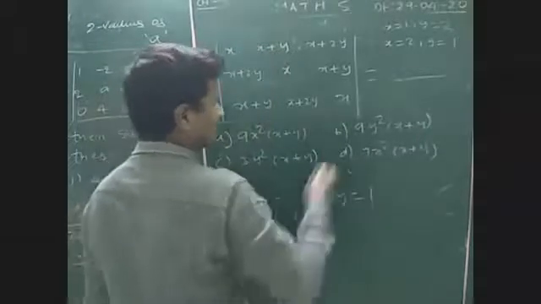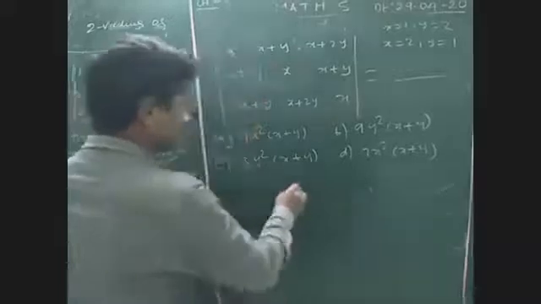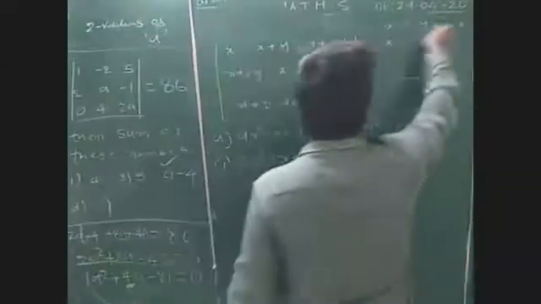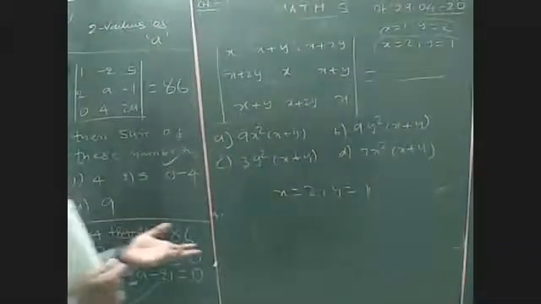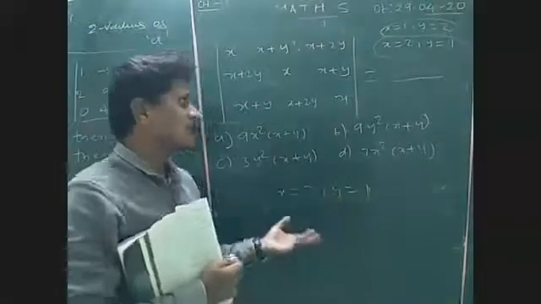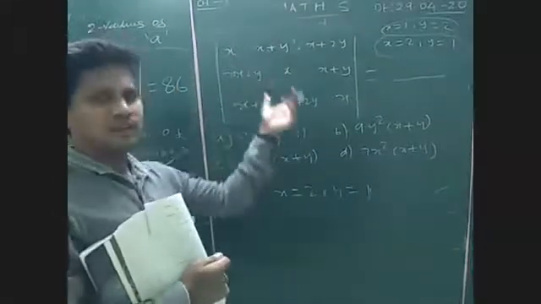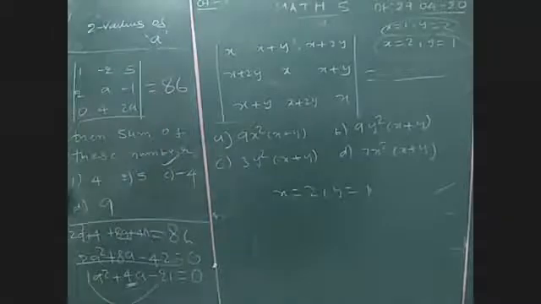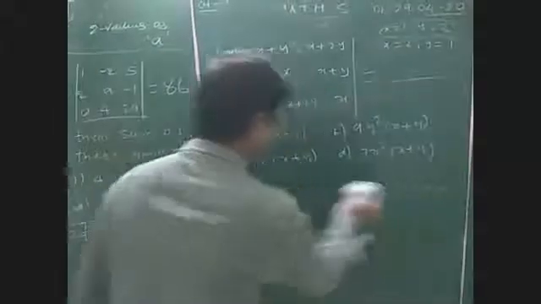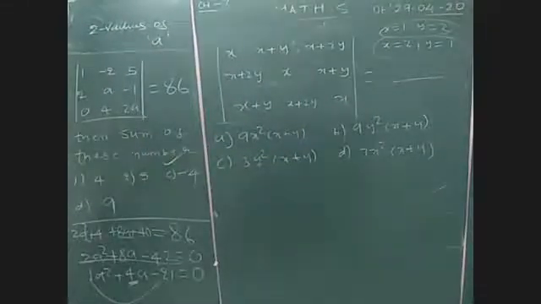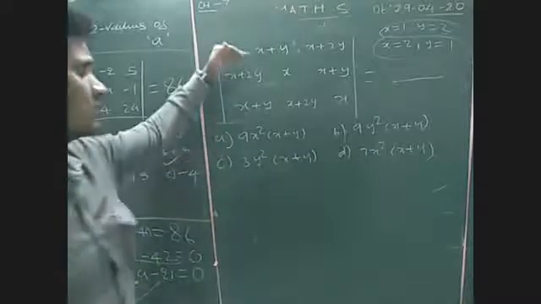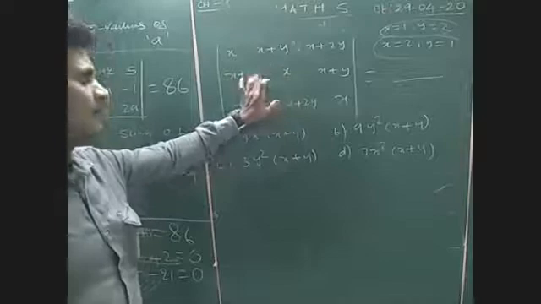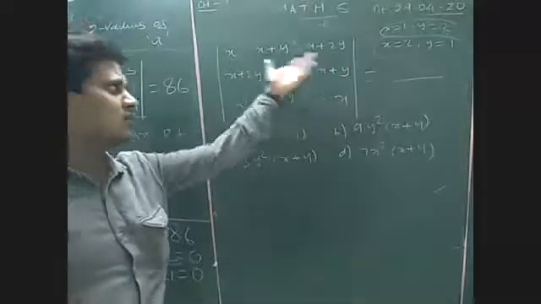Take different values like x is equal to 2, y is equal to 1. Or else you can take any value, your wish. You can take x is equal to 5, y is equal to 10, but we'll get a lengthy, large value. Instead of that, better to take very small values. If you expand that, it will take nearly 5 to 6 minutes, so it is better to substitute the values; it will take 1 to 2 minutes.